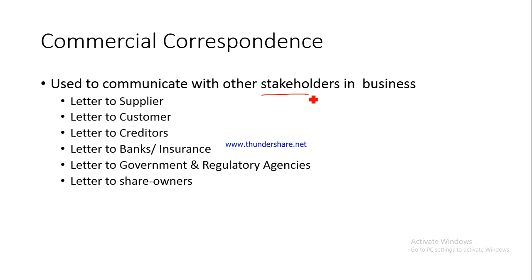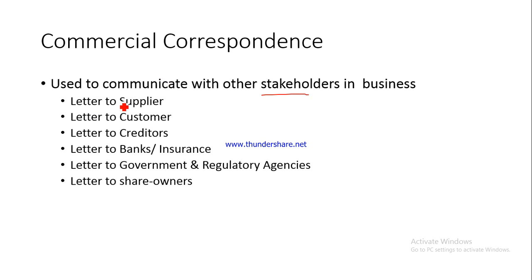Your customer is an example of stakeholder, because how you carry out your business is going to impact your customer. For example, if your product is of defective quality and while using the product, the customer may get injured. Don't you think your business is impacting the customer also? So all these entities who are getting impacted by your business, who have an interest in how you run your business, they are called stakeholders. And whenever you are communicating with them, then this would be an example of commercial correspondence. Why? Because you are corresponding for the purpose of your business, right?